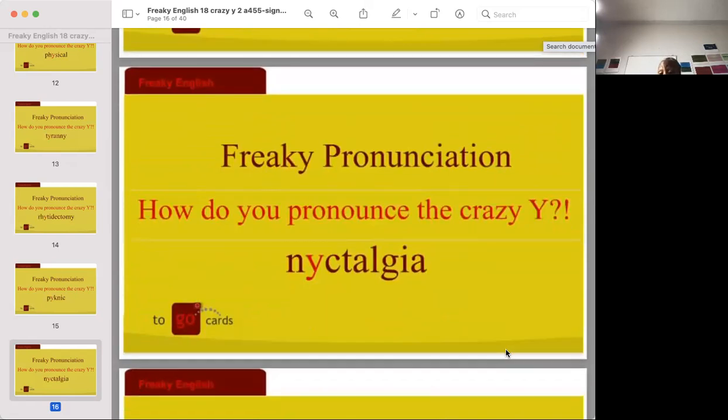Nicatalgia. These words I've never heard before. These words are in the dictionary. I'm pretty sure I got this word out of a medical dictionary, so a doctor would be able to pronounce the word. Because see, that just shows you, as I was saying before, in English, if you've never heard the word before,